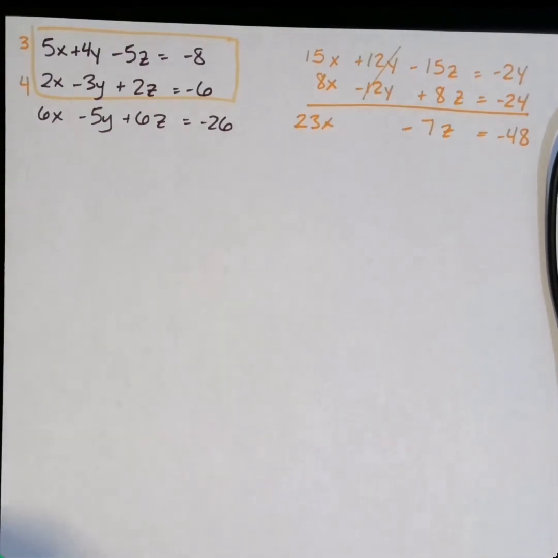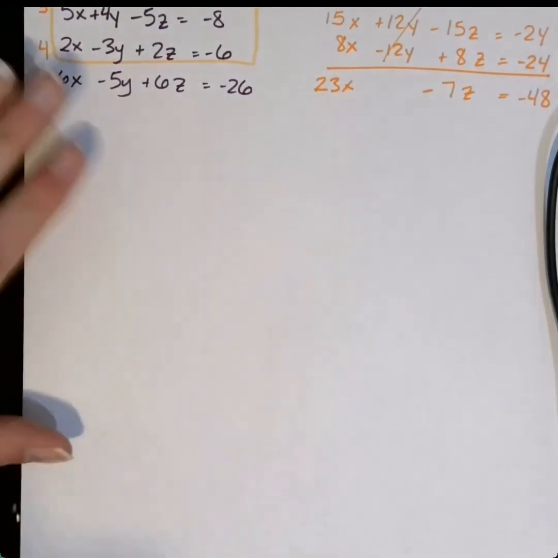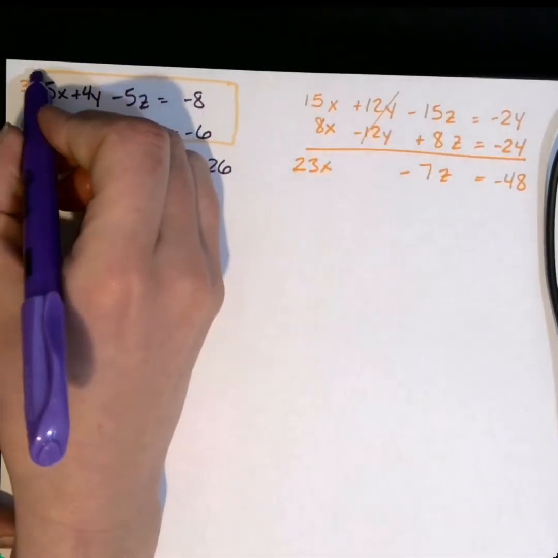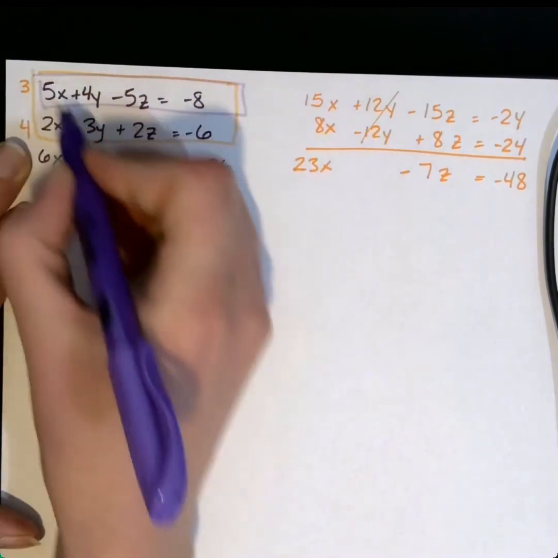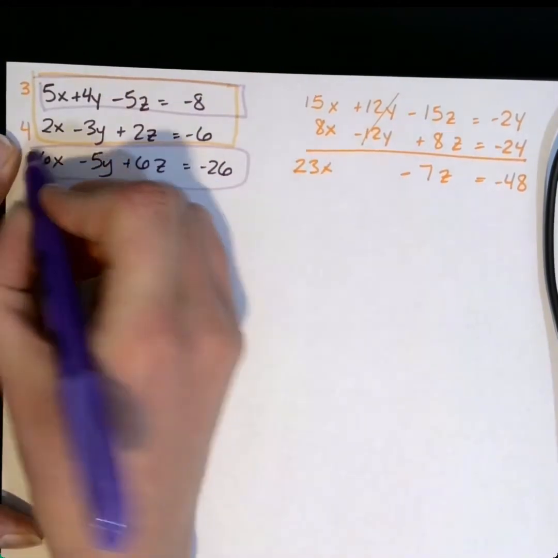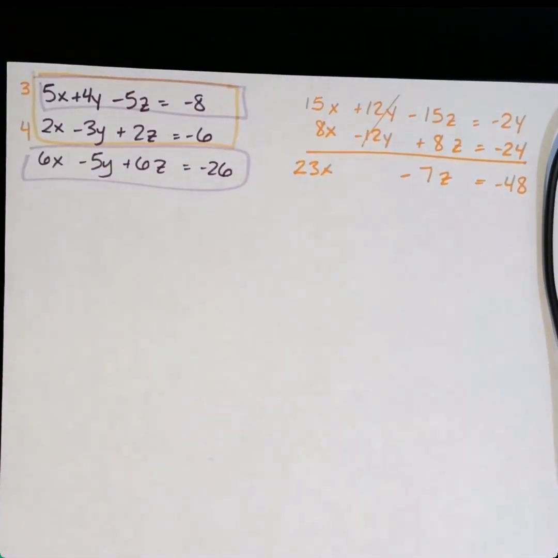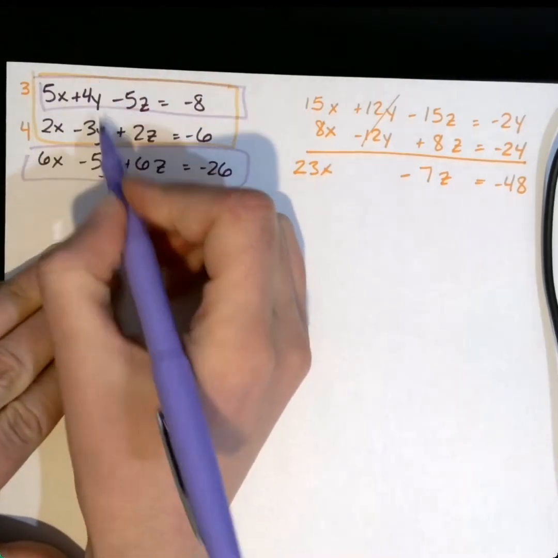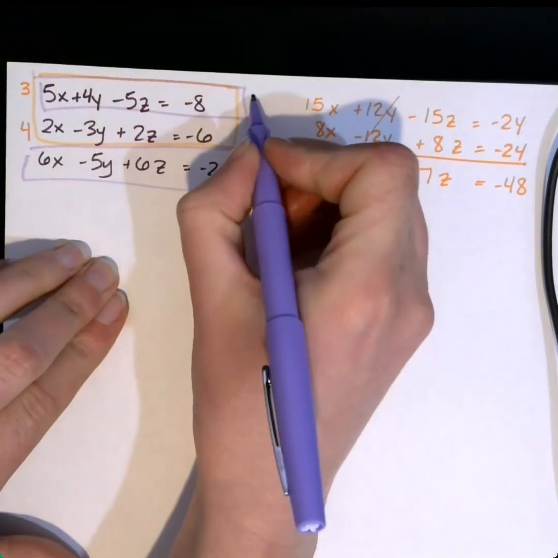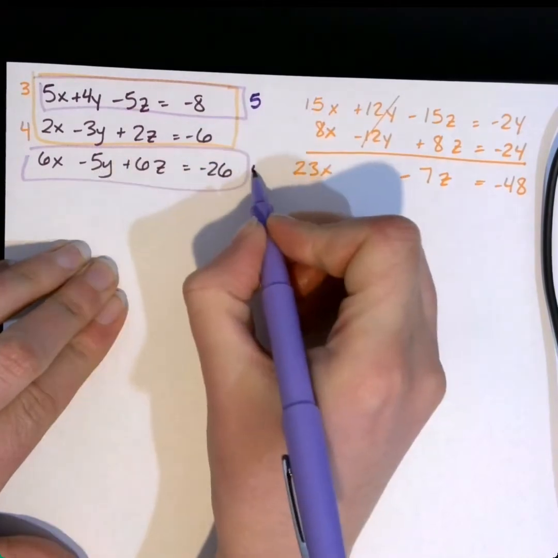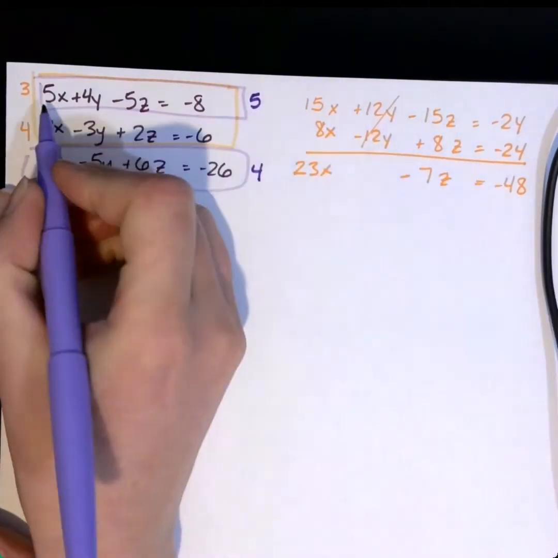And then next, I'm going to go ahead with my initial choice that was going to use the top equation and the bottom equation because they just had opposite signs. So I figured that'd be convenient so I wouldn't have to worry about those negatives like I said before. So we're going to go for 20s here. So our top equation, we're going to need a 5. Our bottom equation, we're going to need a 4. So that's going to give us